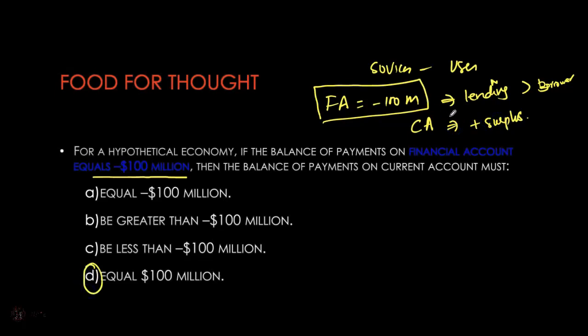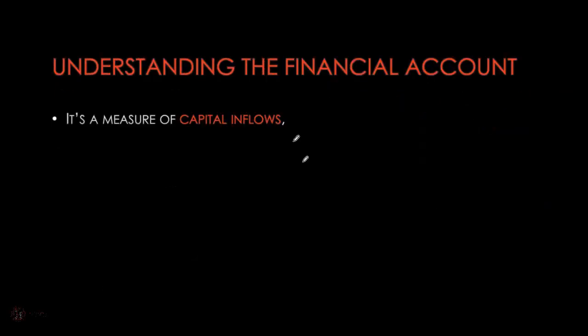This also makes logical sense. A current account in a surplus gives you that position to be the net lender to the rest of the world. If overall your sources of cash in your current account are not enough to meet your uses of cash in your current account, you cannot be in a position to lend to the rest of the world. If the current account was in a deficit, you must have been borrowing from the rest of the world. And if you are borrowing from the rest of the world, your financial account must be in a surplus of equal amount. Let's focus on the financial account one last time before we move on.